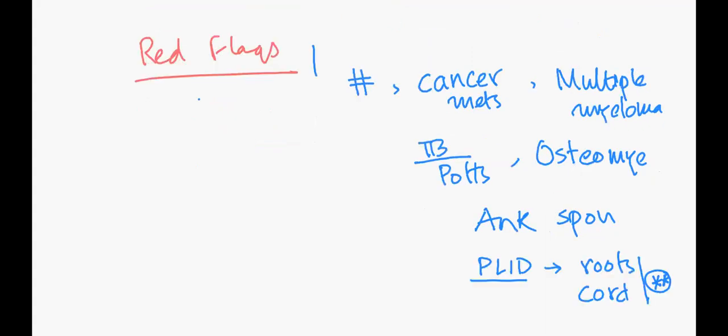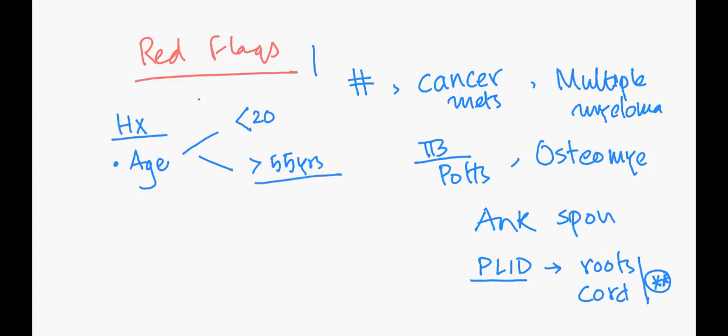So let's go to the history, and then we'll talk about the clinical exam. So what are the things in history that suggest a red flag? First of all, the age of onset. If the age is less than 20 years, or if the age is more than 55 years, that is a red flag. Because if the patient is older than 55 years, this